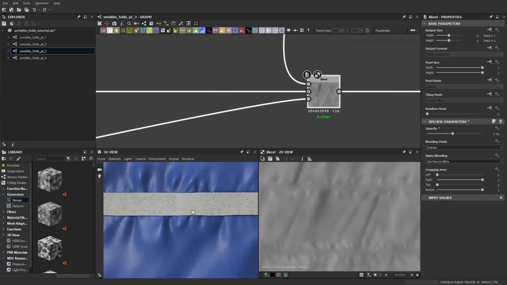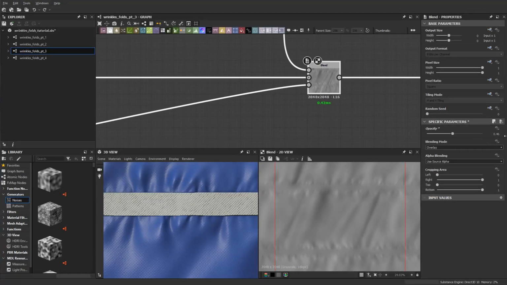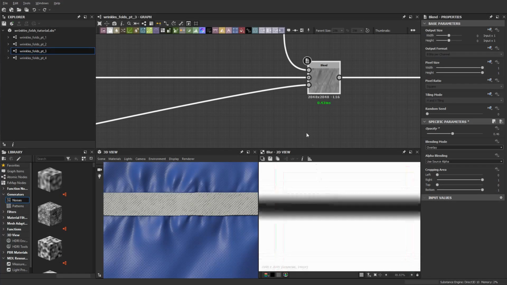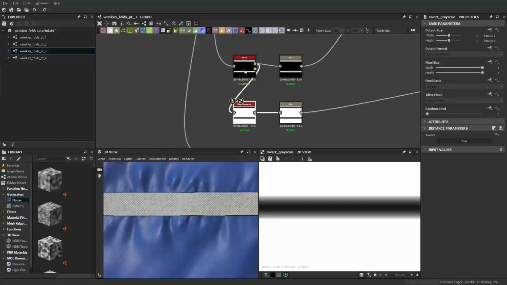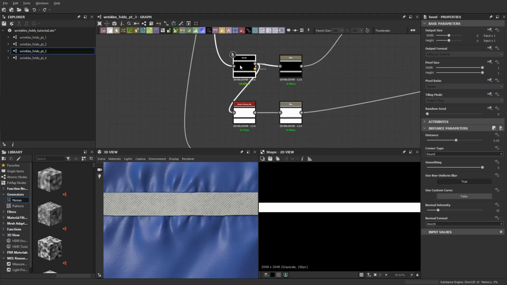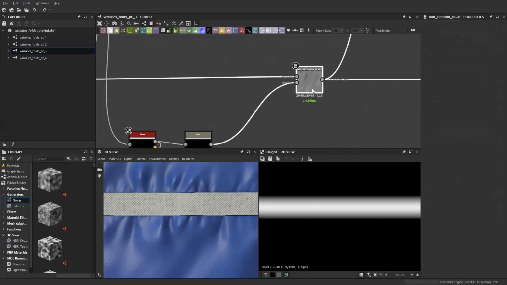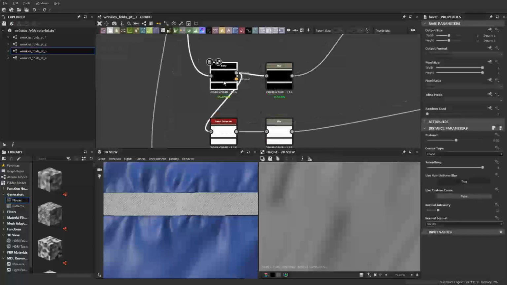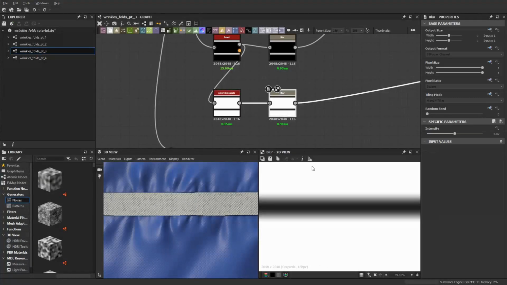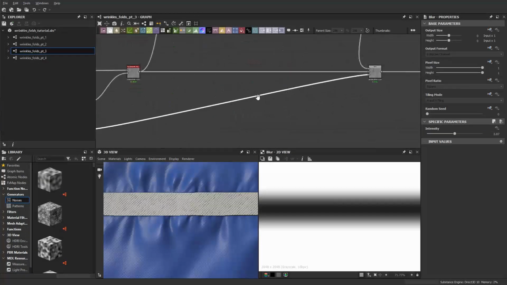I think 0.46 is what I arrived at. I'm just doing overlay. But what's nice here is I'm taking this bevel from before. This is the one that comes off the mask and plugs into our non-uniform blur grayscale. So I take this bevel, I'm inverting it, and then I'm blurring it,